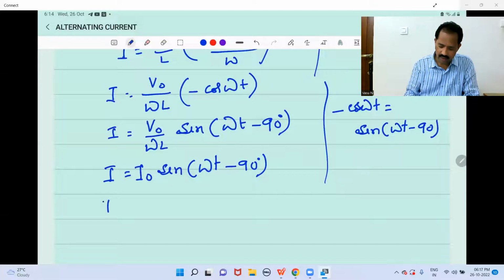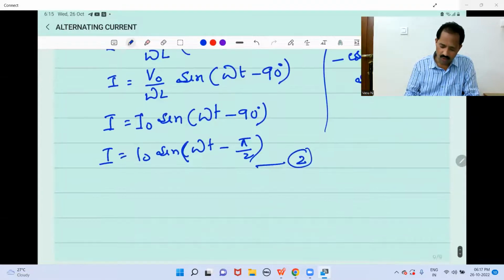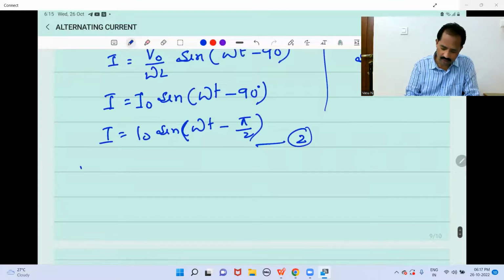Or I can say I is equal to I0 sin omega t minus, what is 90 degree? Pi by 2 radian, correct? Write this as equation number 2. So what is I0? Where I0 is equal to V0 by omega L